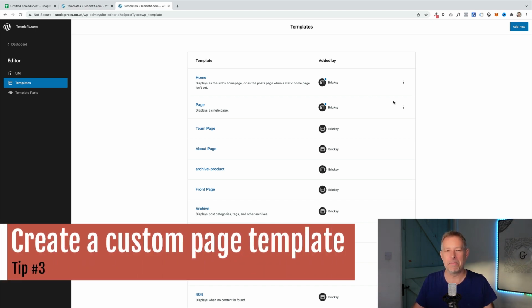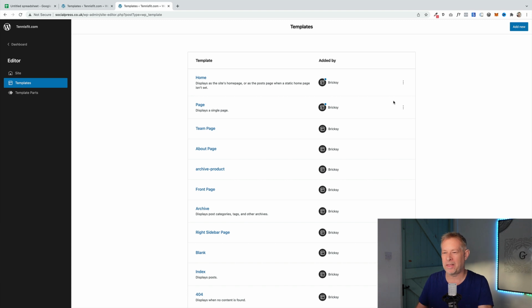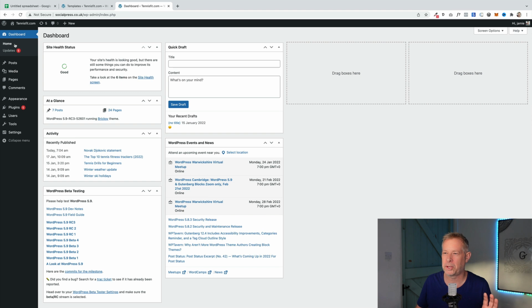If you want to create your own page template, it's a bit of a weird workaround, but it does work. This is how you do it. So you might think you do it from the template screen because we have this add new template up here, but actually all we can create from here is a front page and a search template, which is a little bit strange. So actually the workaround for now, I'm sure this will change in a future version, is within your